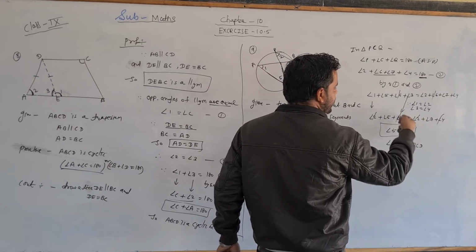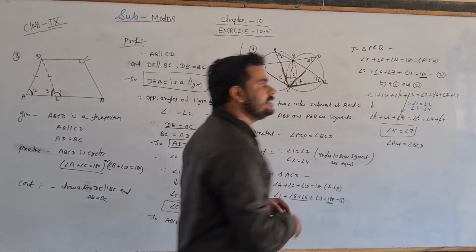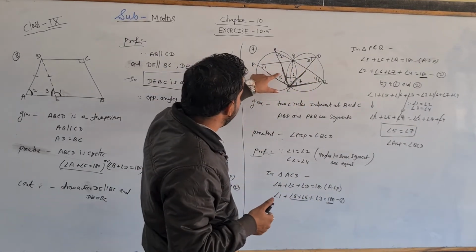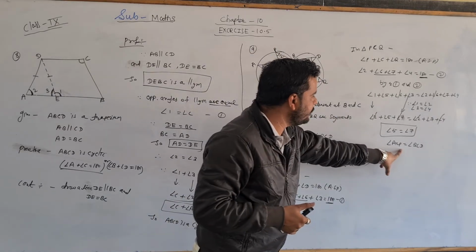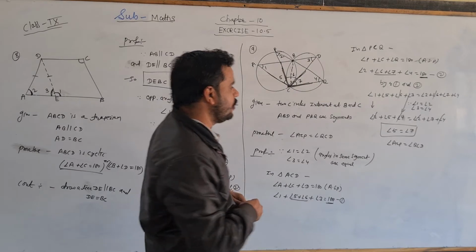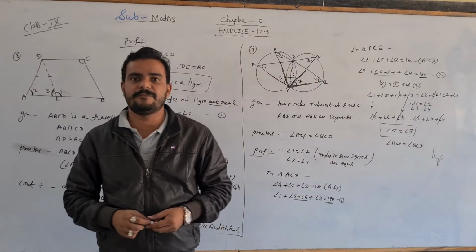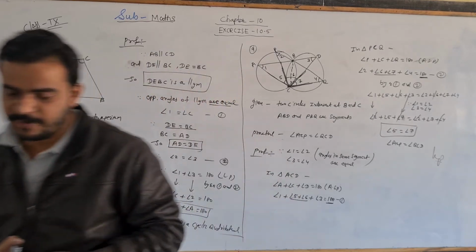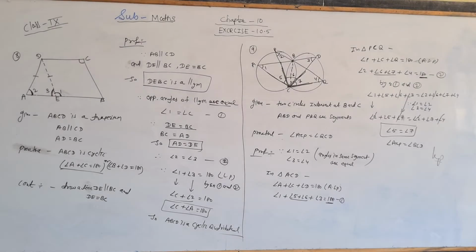Angle 2 and angle 2 cancel, 4 and 4 cancel, then we get angle 5 equals angle 7. So what is the name of angle 5? The actual name of angle 5 is ACP, and angle 7's actual name is QCD. So this is proved. I hope you understood, and if you face any doubt, you can ask after that. Okay, take a screenshot first. Take a screenshot of both questions and write in your notebook as it is.